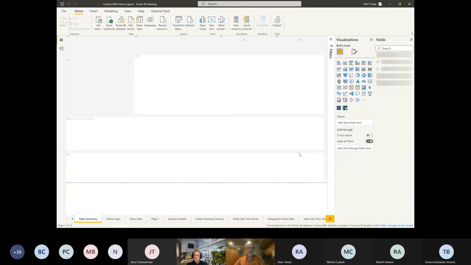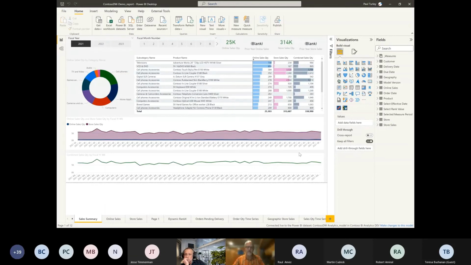And just like magic, everything starts working. So it really is that simple. Now, the caveat here is that now that I'm working in a separate report file and a separate model file,